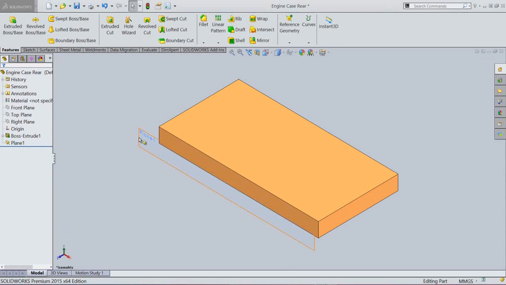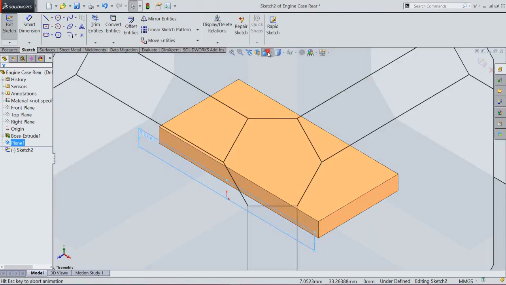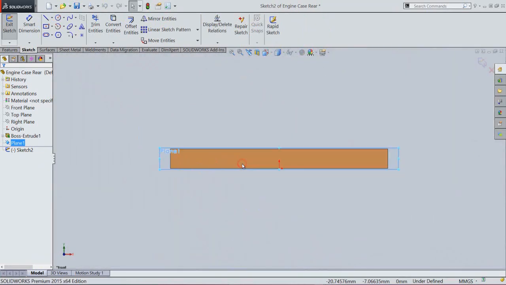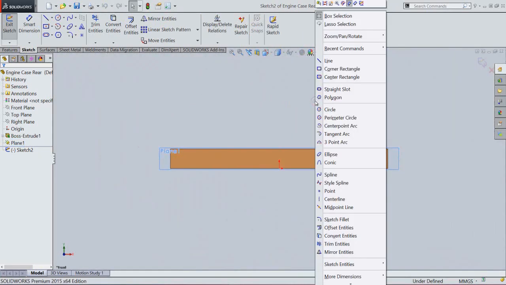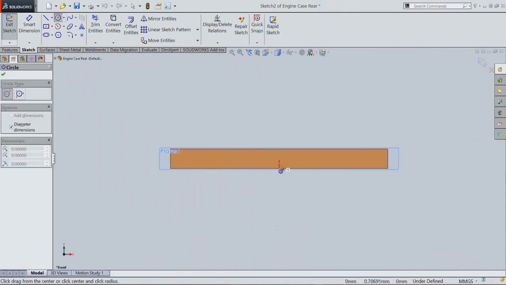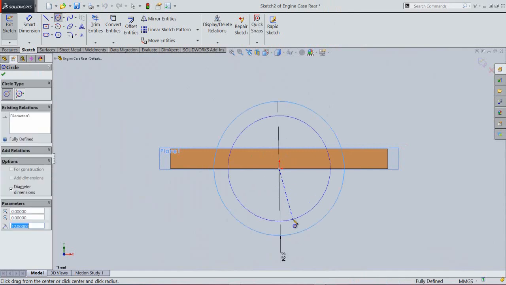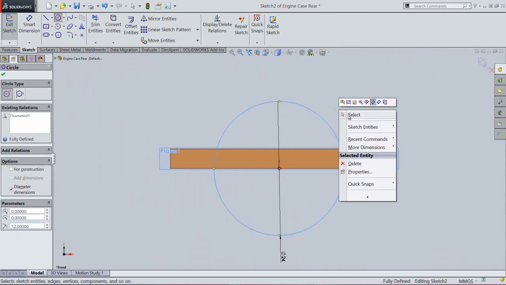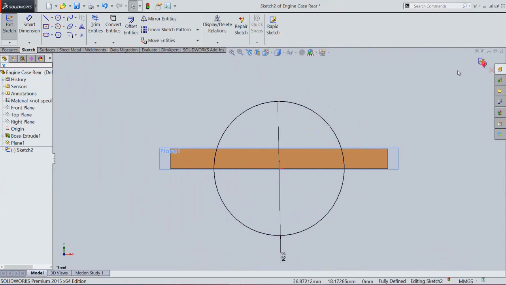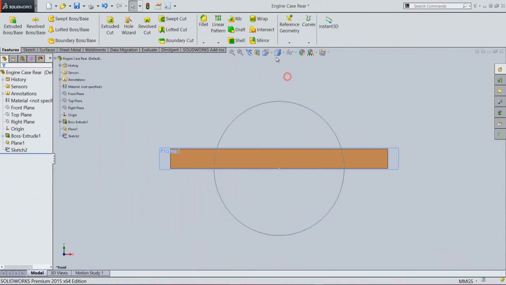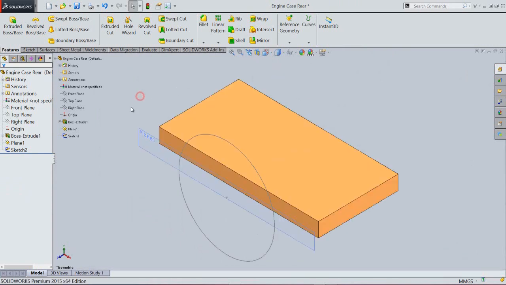Select this plane, choose sketch, choose front view. Now activate the circle tool and start the circle from the midpoint of the line. The diameter of the circle will keep 24 mm. Hide the visibility of this plane.